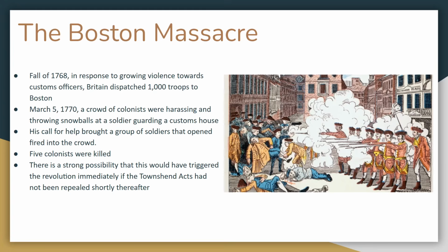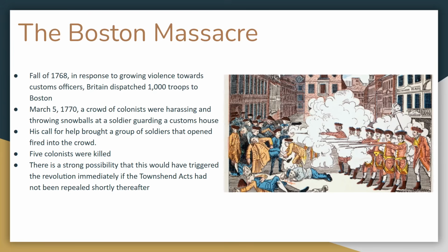Couple things going on here. I've heard a lot of different things. I've heard that the classic overzealous British troops wanted to make a point. I've heard that one of the snowballs had a rock in it and it seriously injured one of the soldiers. There's a lot of different things. Quite frankly, we'll never know. And in the grand scheme of things, I don't know how much it genuinely matters. Debate with me down in the comments.